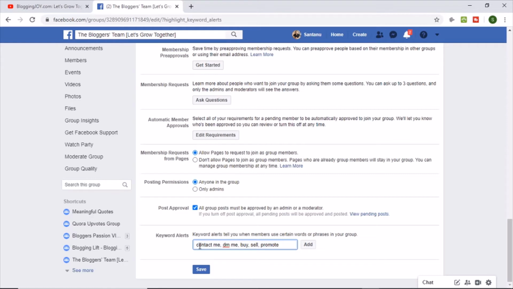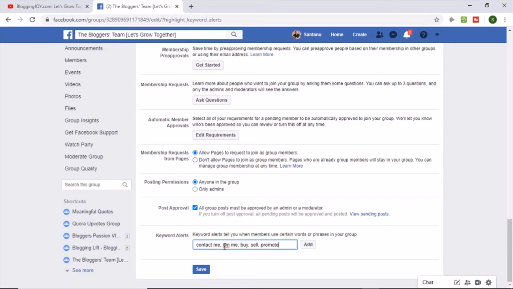So whenever somebody posts something in the group and in the post there is something like, okay, contact me if you want, let's say an AdSense account for $100, I can help you to get a free AdSense account. There are many people who are promoting a lot of things in the groups. They simply come and type something and try to sell some service. If you do not want those kinds of posts, definitely you can review manually, but when a group grows large, it will be very difficult for you to manage all the posts one by one. So you can set up this kind of keywords here.